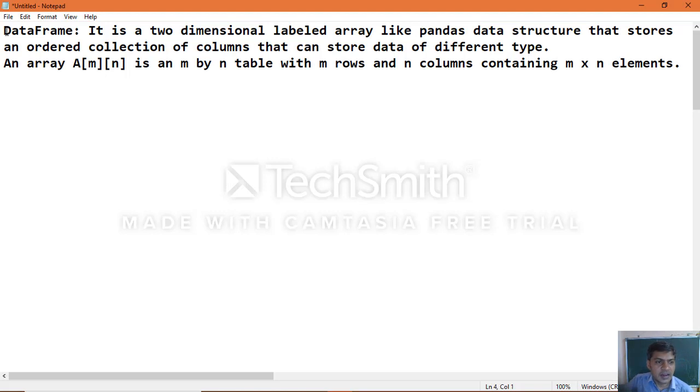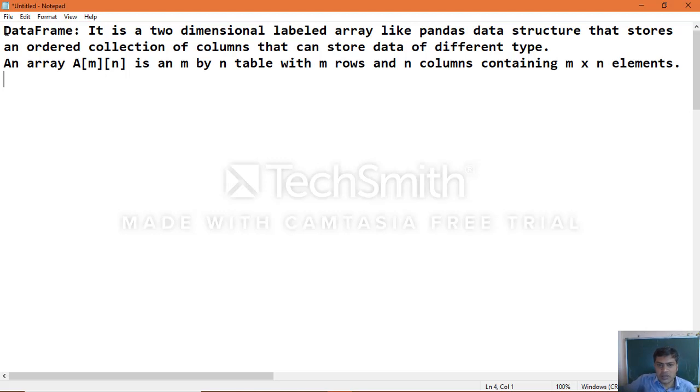So an array A of m and n is an m by n table with m rows and n columns containing m into n elements, which means you multiply m and n, and that becomes the total number of elements the array holds.